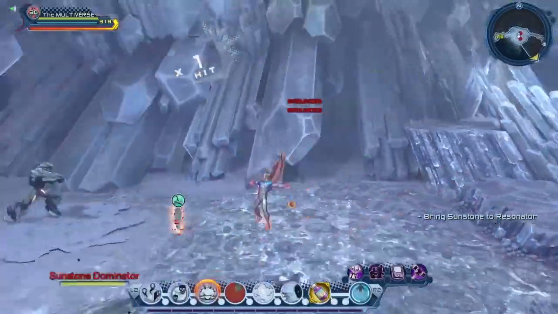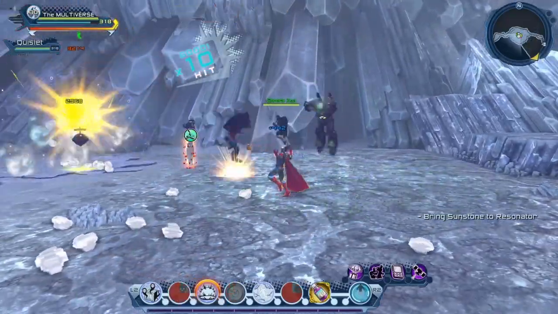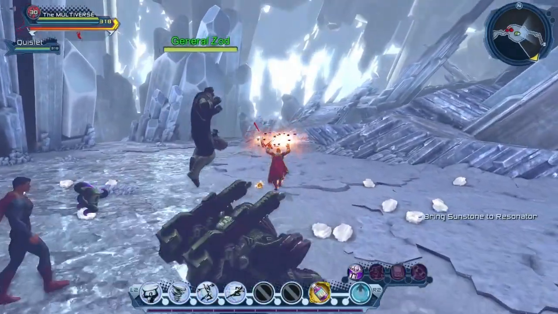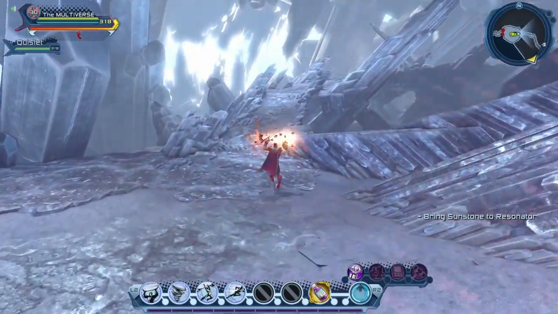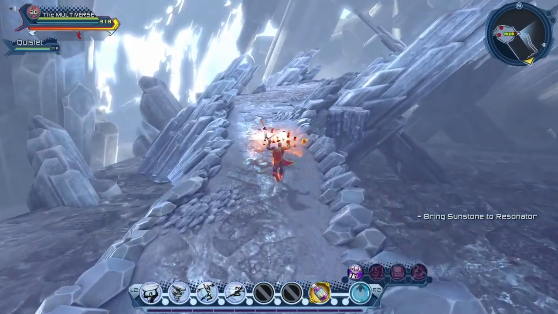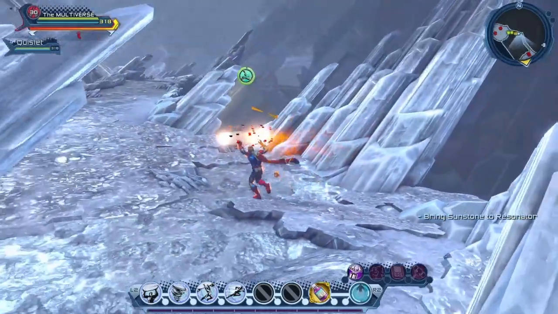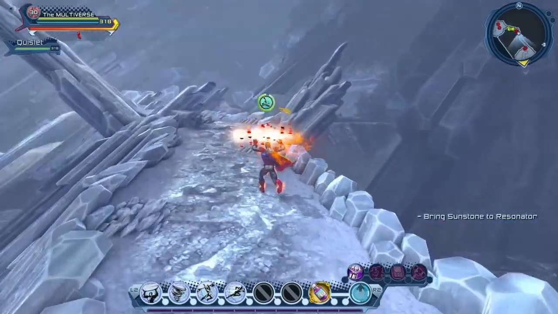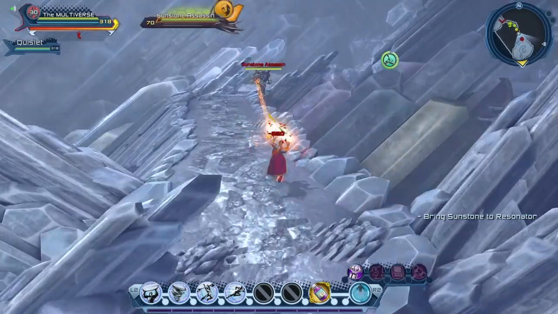So let's get rid of the robots. And let's grab the stone. Oh, actually, I should have summoned my summons first. Oh well, too late. We should be okay. Usually I would have summoned my Robins and my Mother Box. But I guess our Eldritch God and